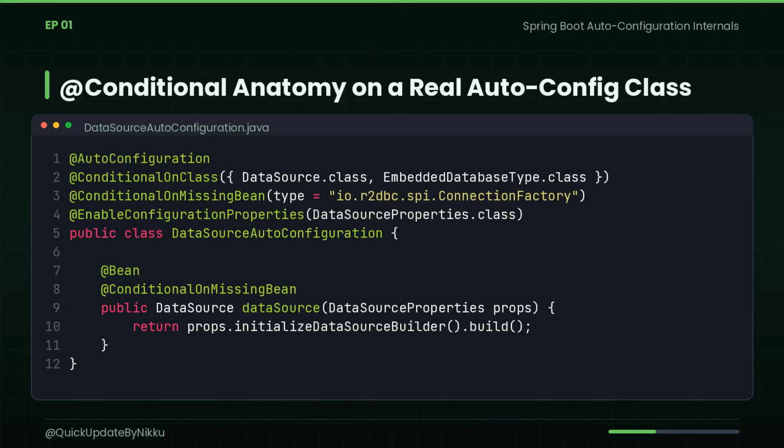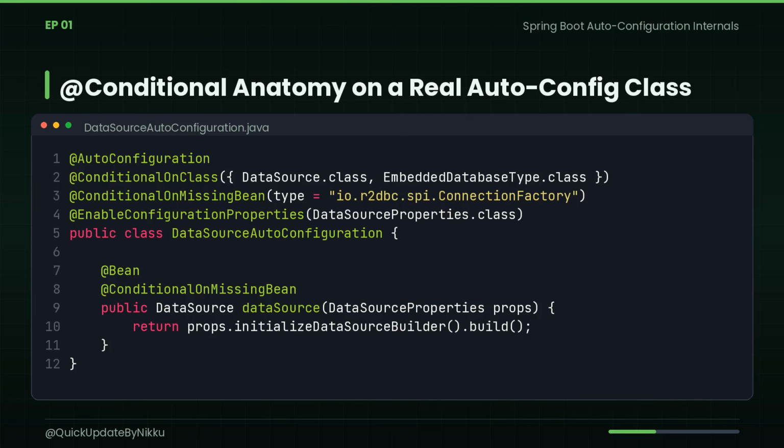DataSource auto-configuration is a concrete example of every concept we just defined. The class-level ConditionalOnClass ensures this configuration is only considered when DataSource is on the classpath. ConditionalOnMissingBean at the method level means the auto-configured bean is only registered if you have not already declared your own. This is the fundamental contract of all auto-configuration, opinionated defaults that step aside the moment you provide